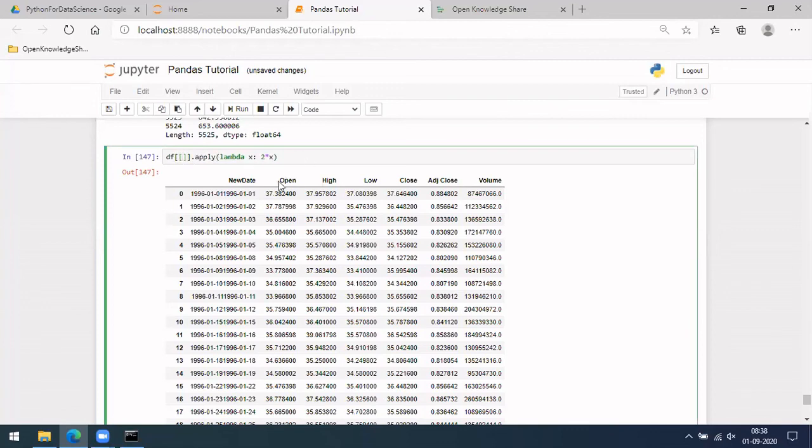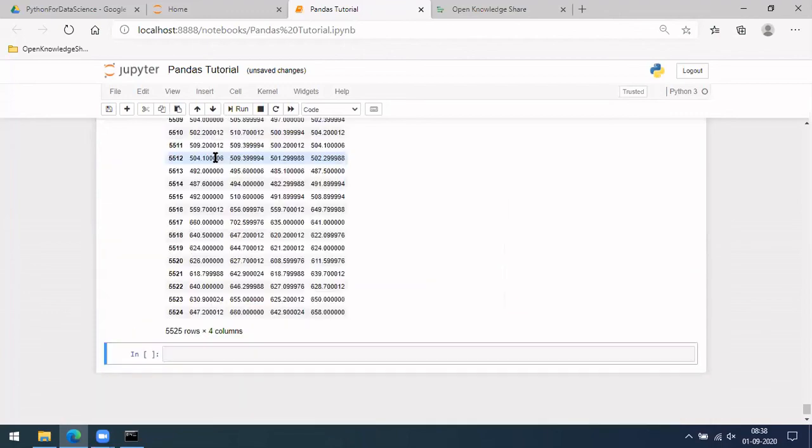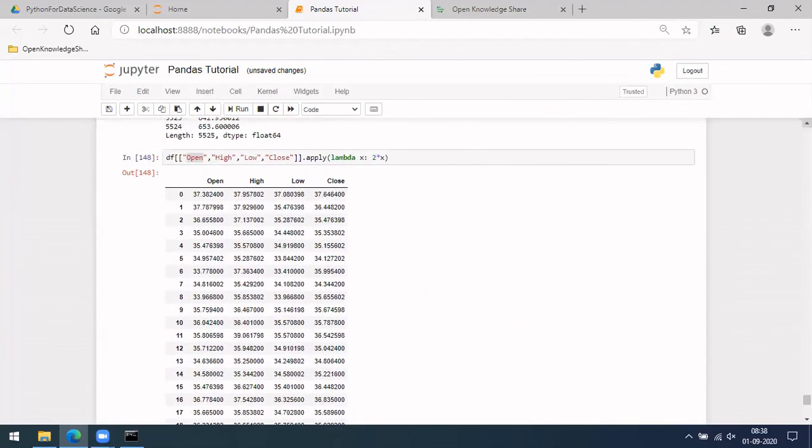Let me add those column names here. Then if you do it, you'll be doing it only for those you want, right?